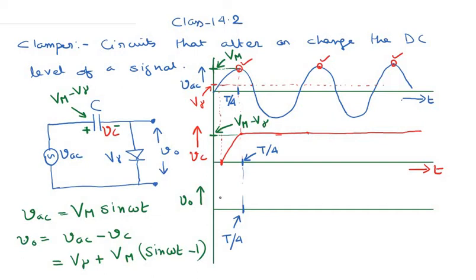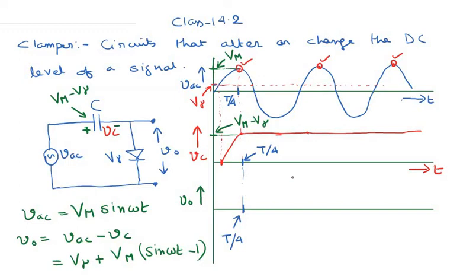So we are really not interested in the output in this time frame when the capacitor is still picking up charge, or still picking up the voltage. Only when the voltage across the capacitor has reached a stable, constant value does the output across the diode reach a definite pattern, and that is the point at which we are interested in the output across this circuit. So I am not drawing this output voltage in this time frame. I will only draw the output voltage after time T by 4.